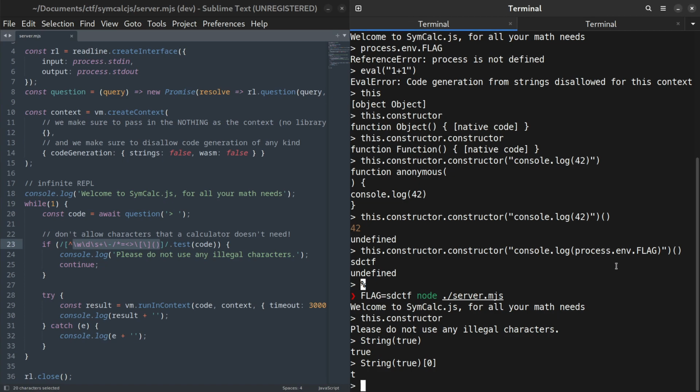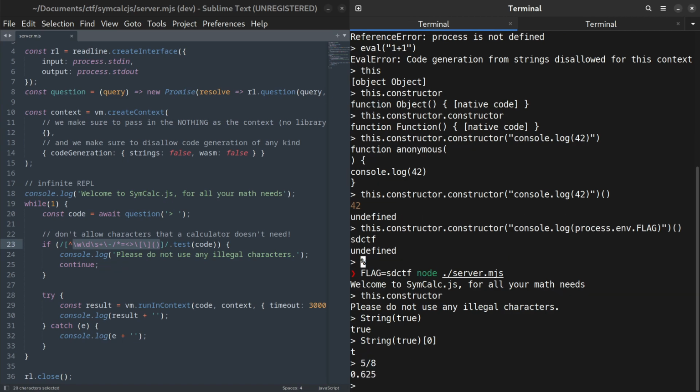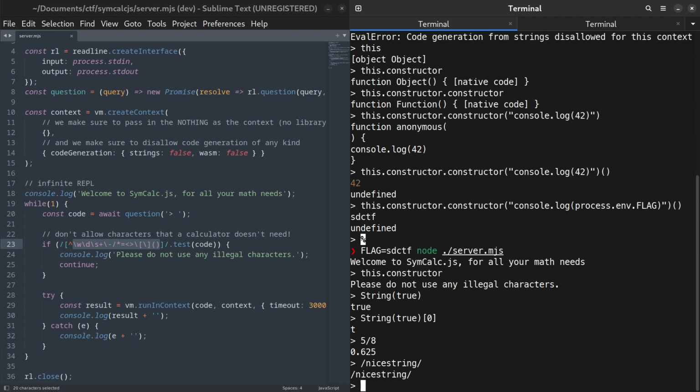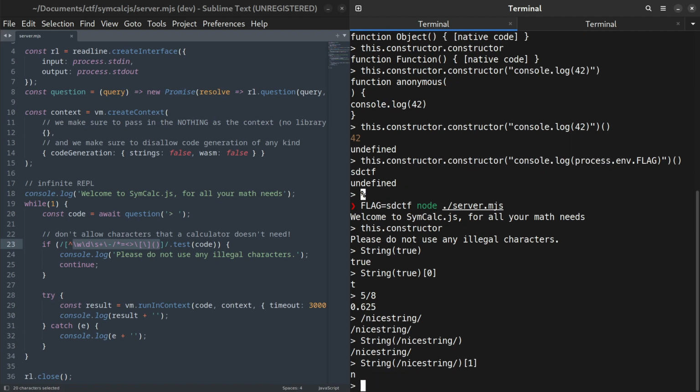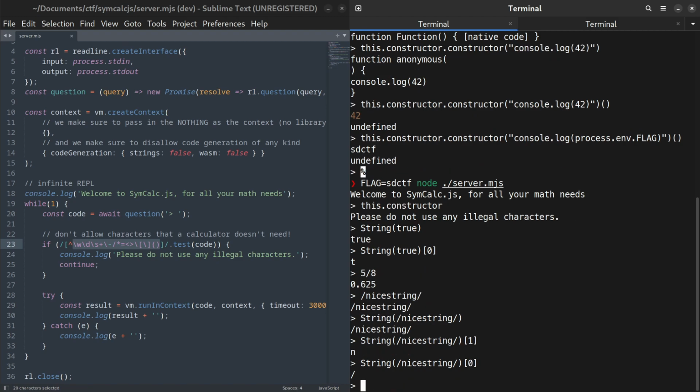The hero of our story is the division symbol. This is a calculator after all. Consider, however, that we can also use this character to create regular expressions. When you pass a regular expression into the string constructor, it's just like creating a string with those contents. The only downside is the slashes at the beginning and end. Because of these, it kind of forces us to get one character at a time by indexing.